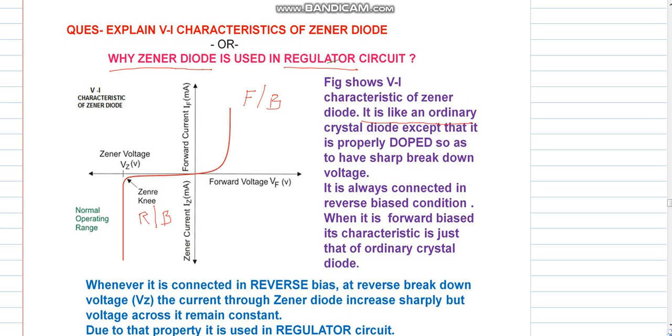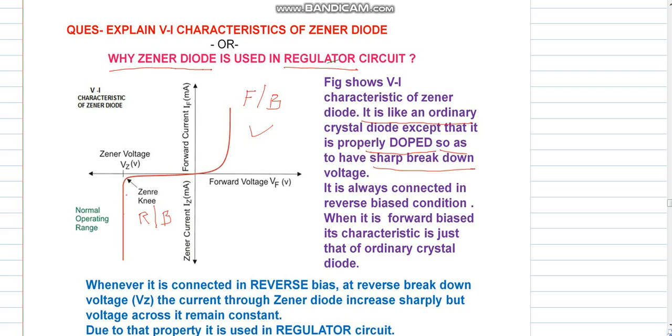Its characteristics, that is the graph of voltage versus current, is similar to the crystal diode in forward bias condition. It is like the ordinary crystal diode, except that the Zener diode is properly doped, so that the Zener diode has a sharp breakdown voltage. Here, in reverse bias condition,